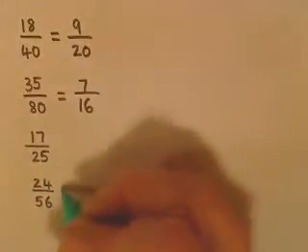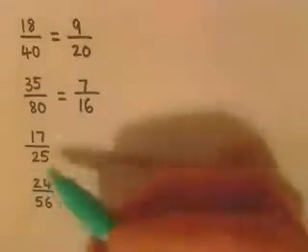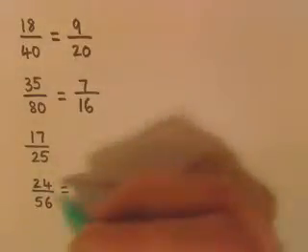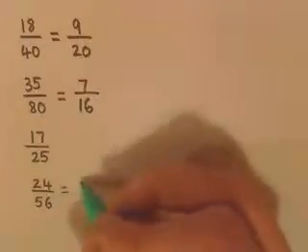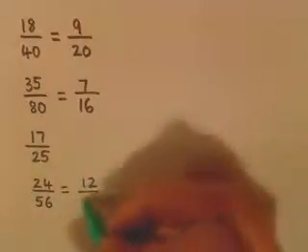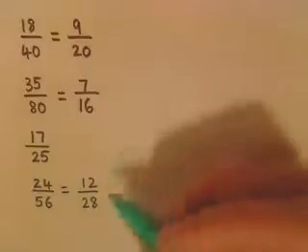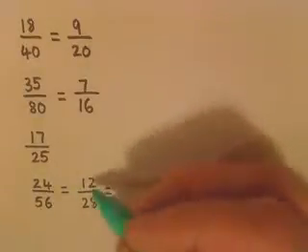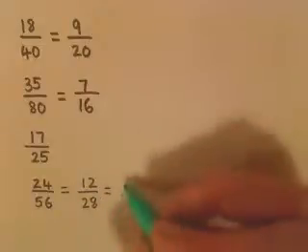And the last fraction, 24/56, a common factor of both 24 and 56 would be 2. So we divide both the numerator and denominator by 2 to give us 12/28. Now this fraction is not yet in its simplest form because we again have a common factor of 2. So dividing both the numerator and denominator by 2 we get